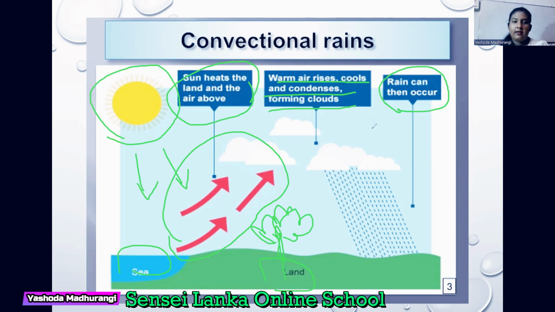Normally in the morning, there is sunlight. In convectional rain, in the morning there is sunlight. After some time, it gets evaporated. Then around 3 o'clock or 4 o'clock, the environment gets gloomy, dark. In the evening, it starts raining. After 7 o'clock in the evening, the rain stops and the sky gets clear again. That is the way of convectional rain. I think you have seen it.